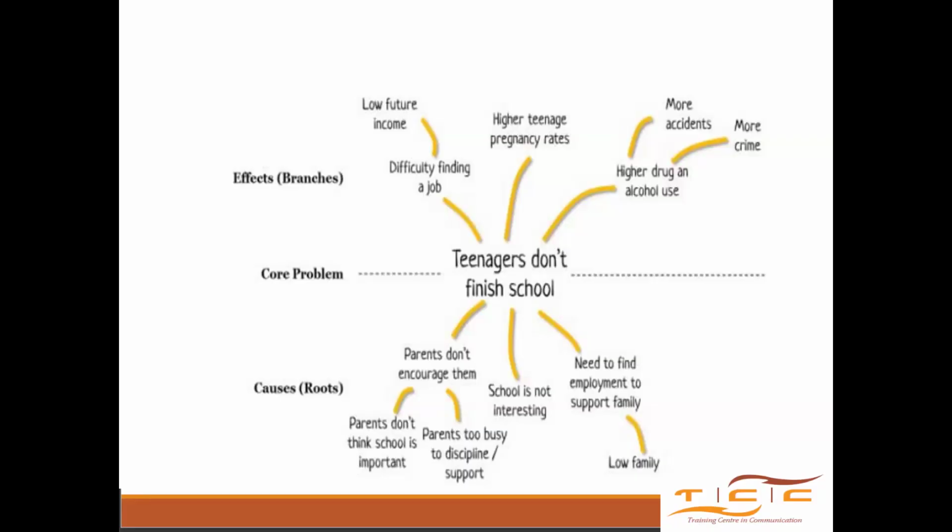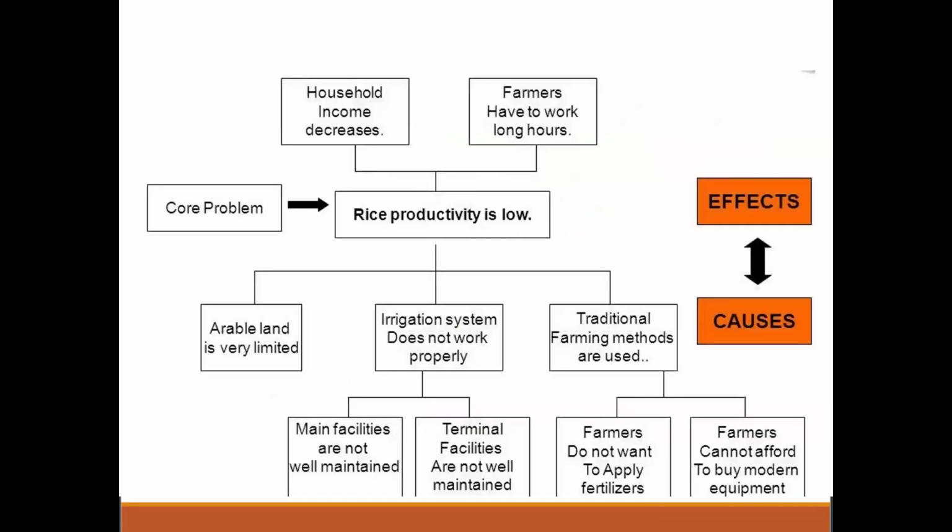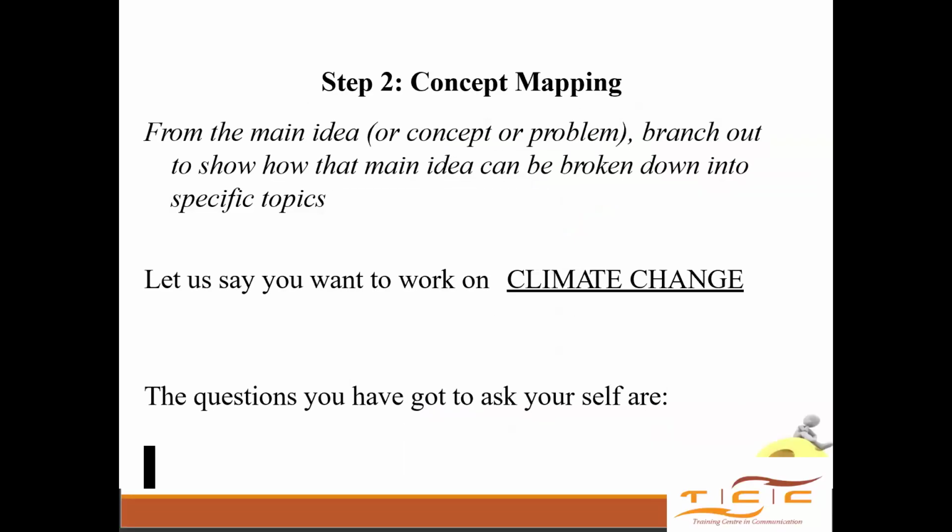And how is that a problem? Accessing market, like international market, for example, or export market is becoming a problem because of quality. Okay. Then how is that? So you keep asking the consequences and the root causes until you get to a point where you cannot explain anymore. Then you can now start writing. Okay, this is another example here. I'm not going to go through that.